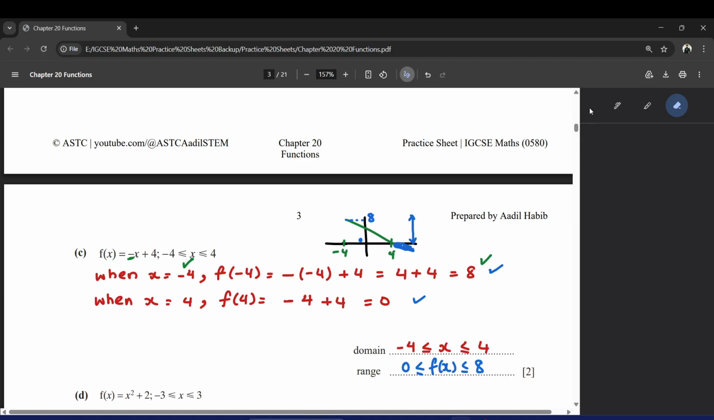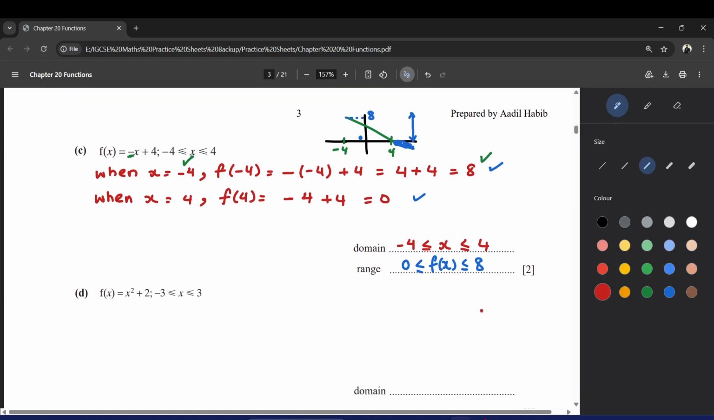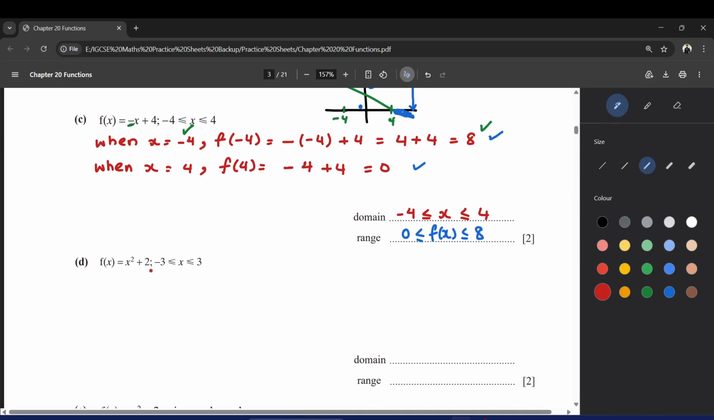All right, so that is the end of part C. Part D is x squared plus 2, and x is between minus 3 and 3. Now here we have a quadratic equation, and in a quadratic equation there's something which is a bit different. Let's see what I mean by that. First of all, let me just plug in the boundary values, just like we did in